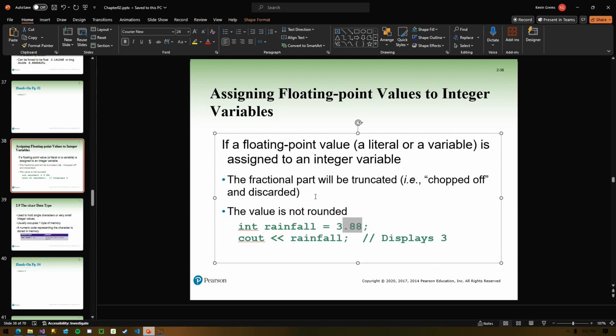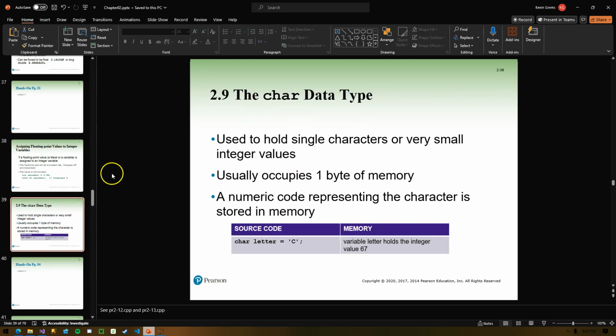If you start dividing values of different types, dividing a float by an int or an int by a float or a double by a float, this gets into all kinds of strangeness when it comes to rounding of the decimal point. And it still confuses me to this day, so I have to be careful with it myself. All right, before we get there though with the math stuff, let's look at the char data type.